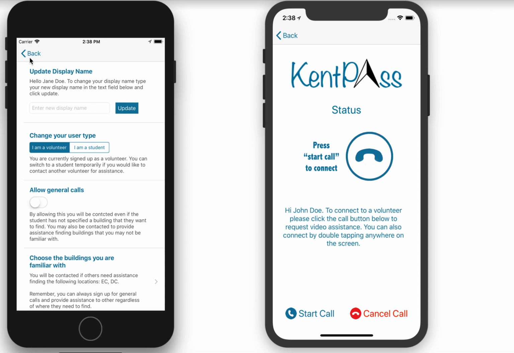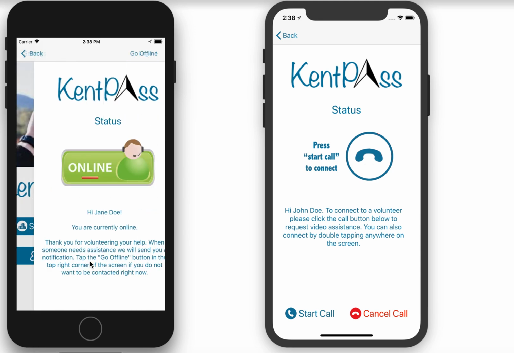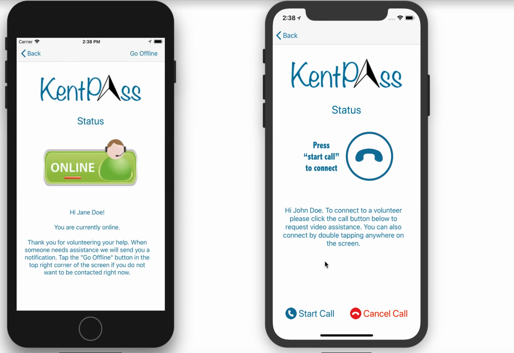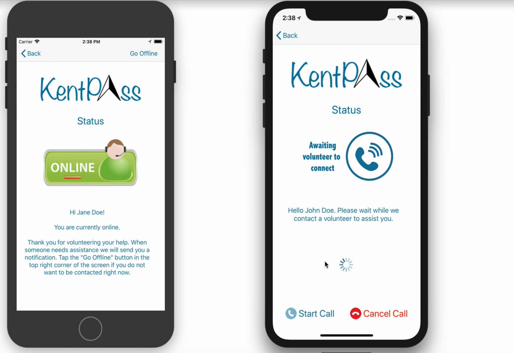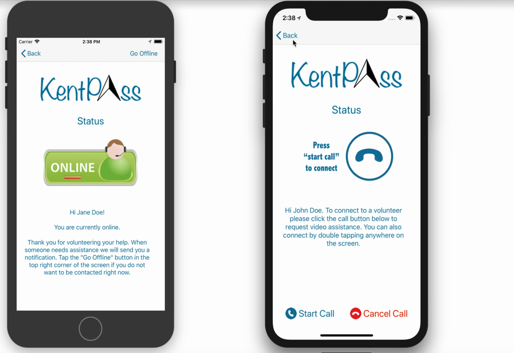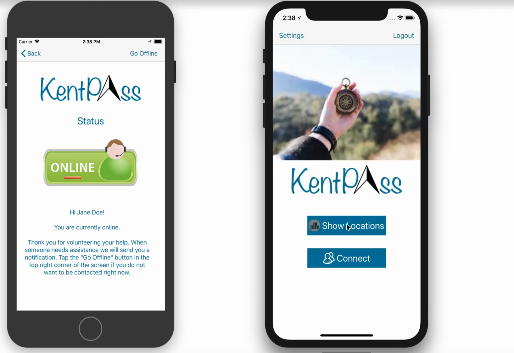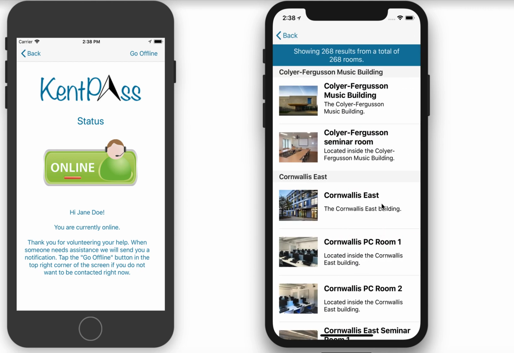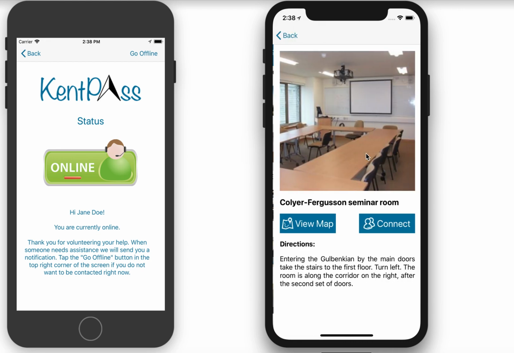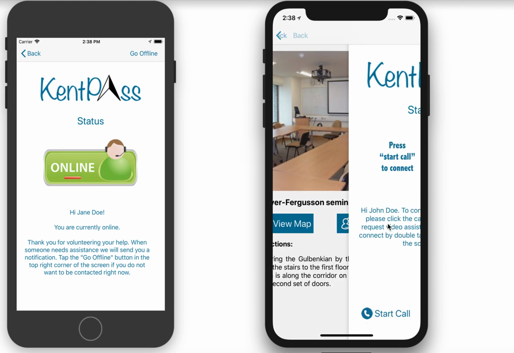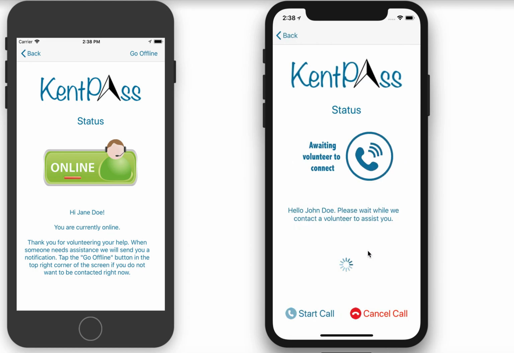Update and update it. Now, if I try to make that call again, she won't get a notification because she only accepts calls specific to the particular buildings that she's familiar with. So if I come back now, show locations, let's say I go to Connor Ferguson seminar room. That is not in Darwin or Elliot, so if I try to connect with her now, again, nothing,